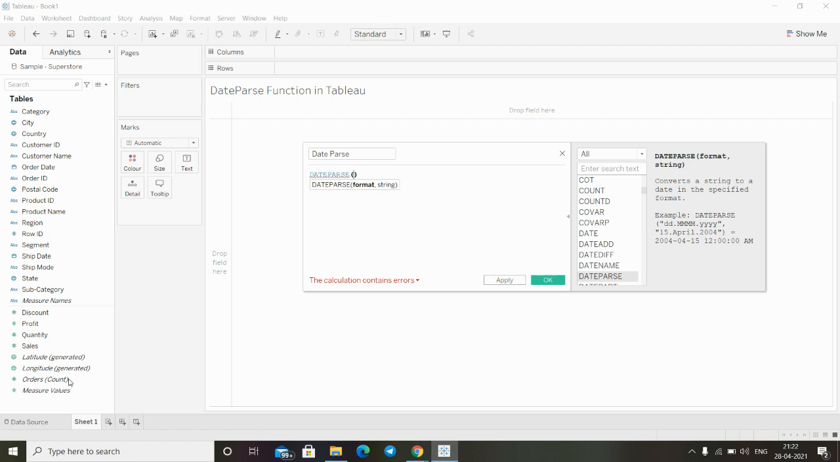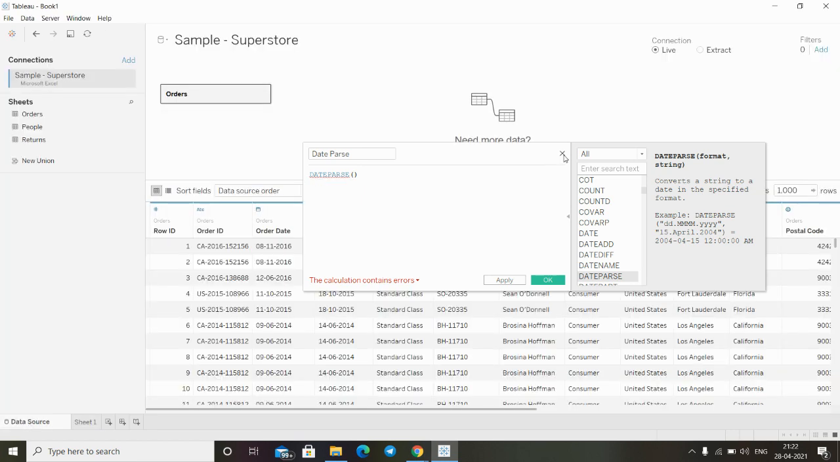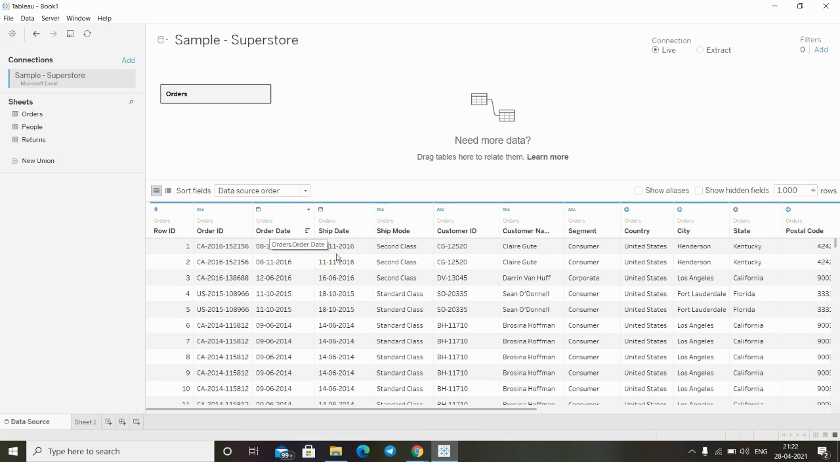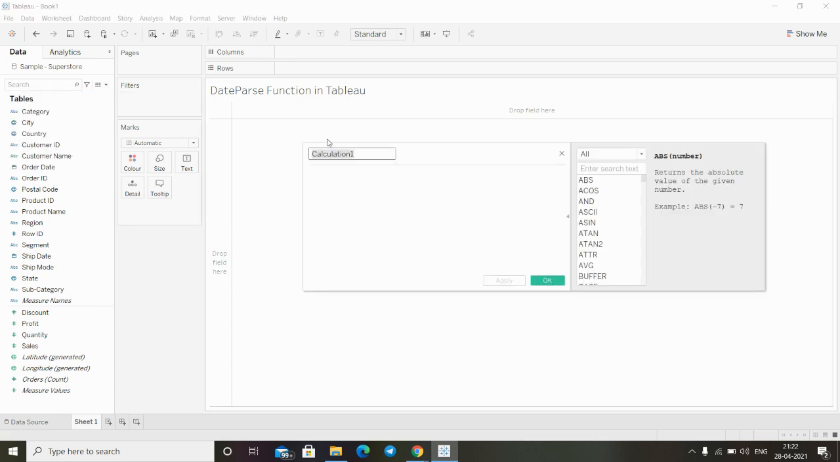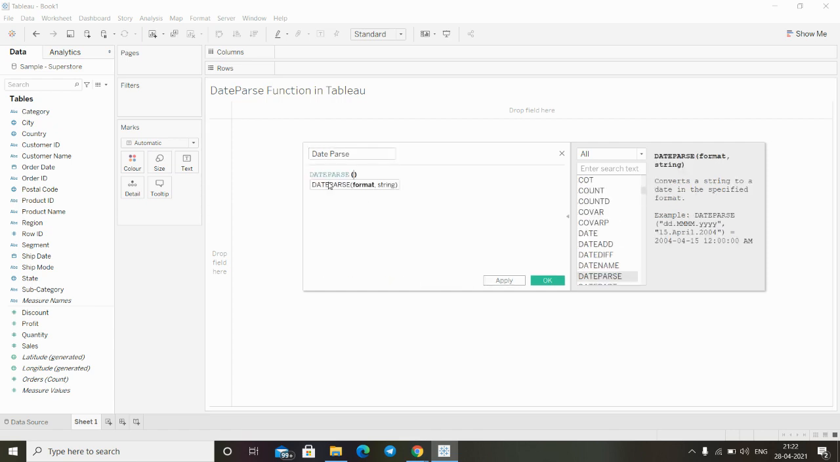Now let's look at our data set. If we go through our data, we can see two different date fields. One is the order date and the second is the ship date. But let's say we create one field and type DATEPARSE. If I select the format dd.MMMM and four times y, which is year, then instead of the string, if I select a value, let's say order date,